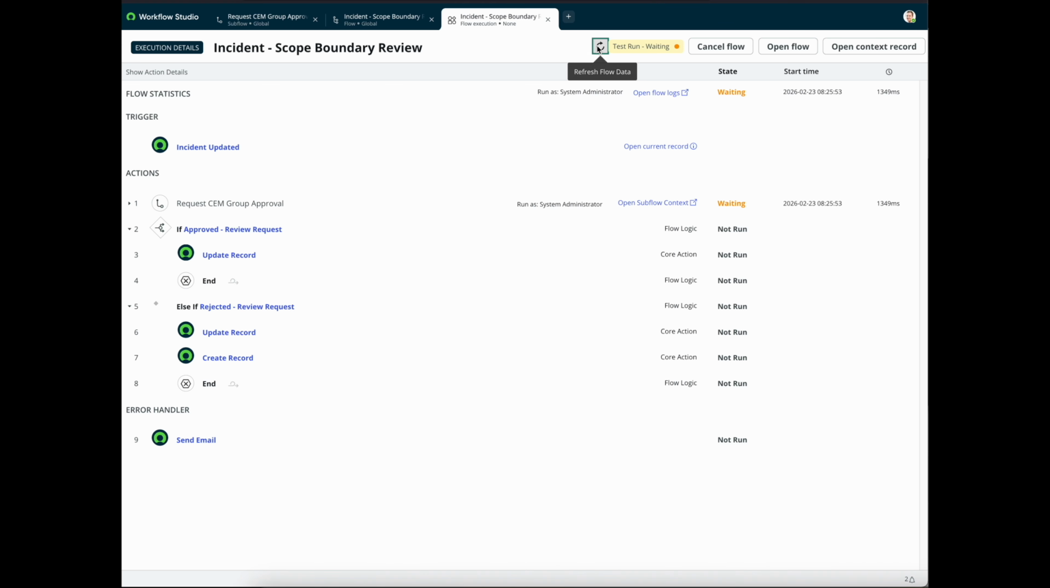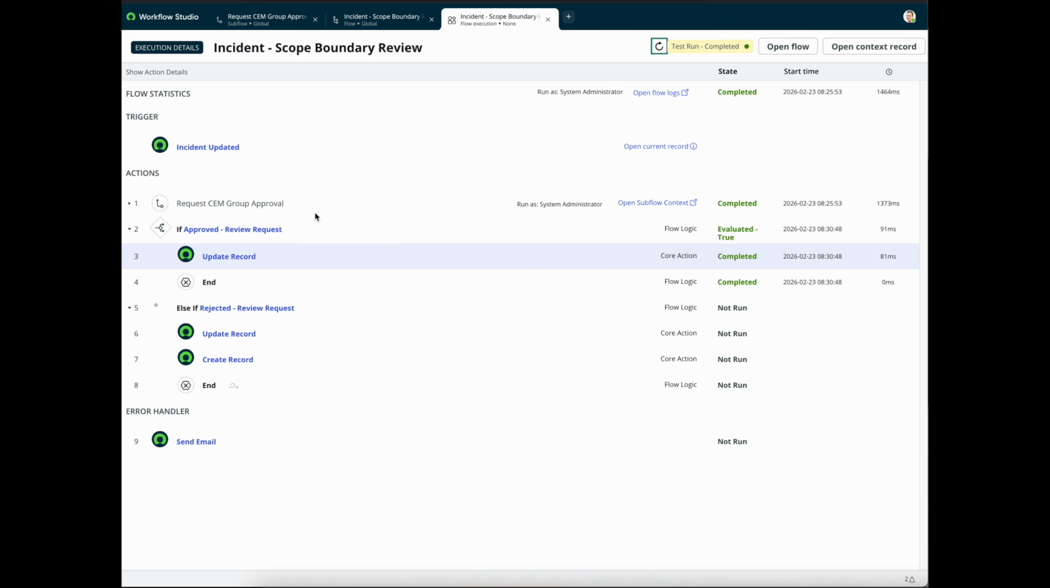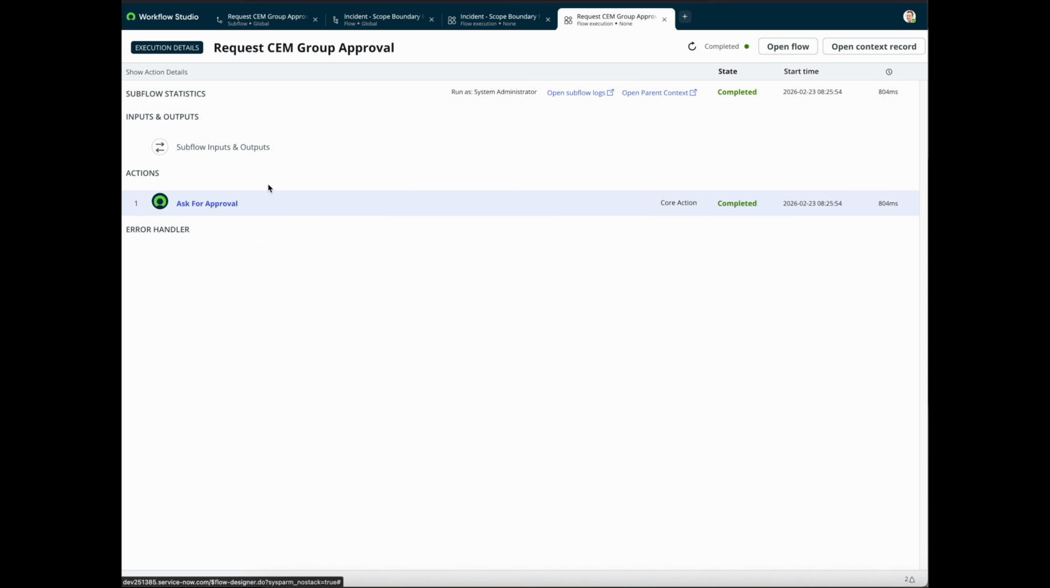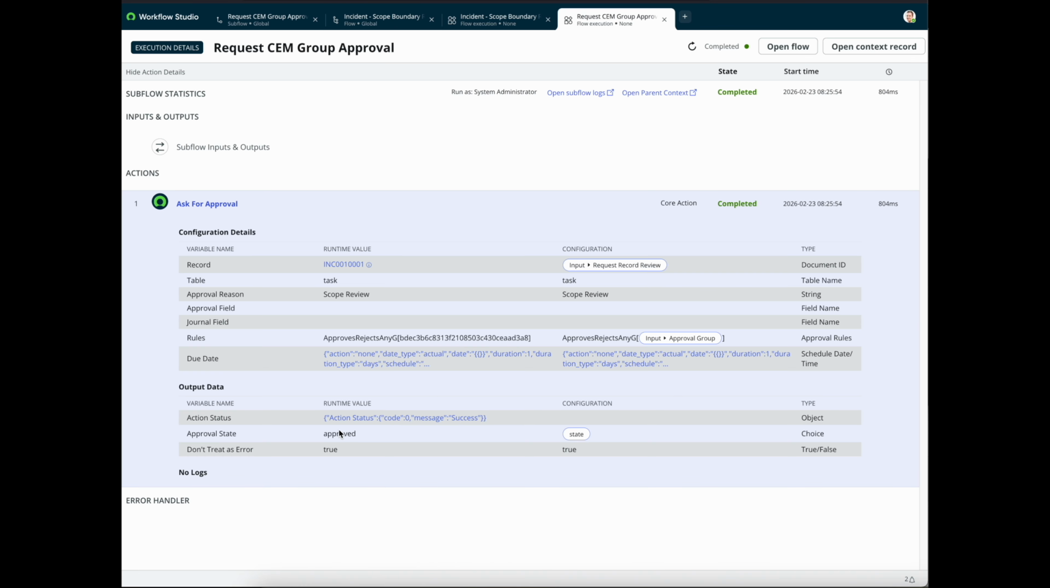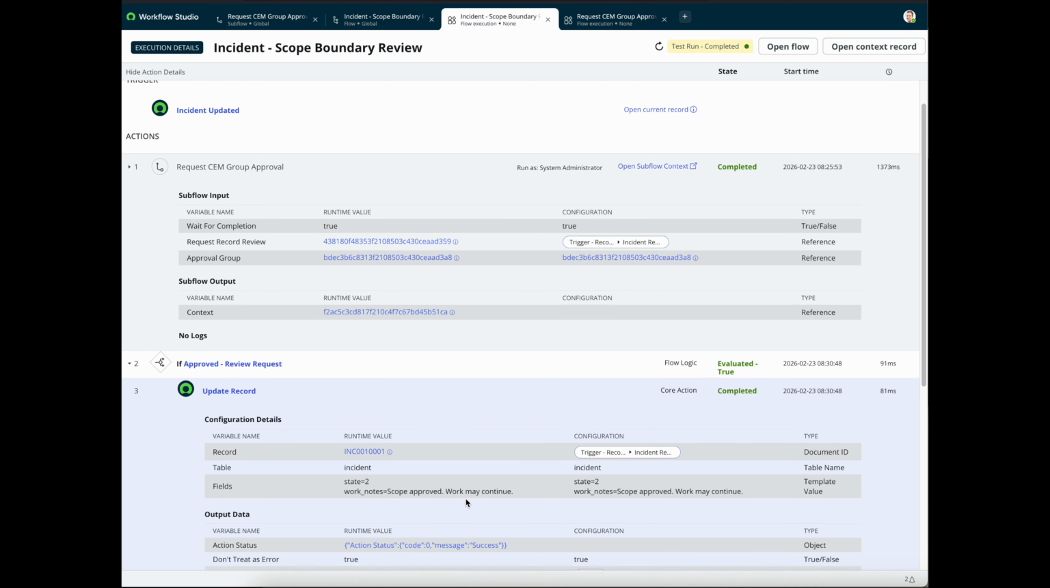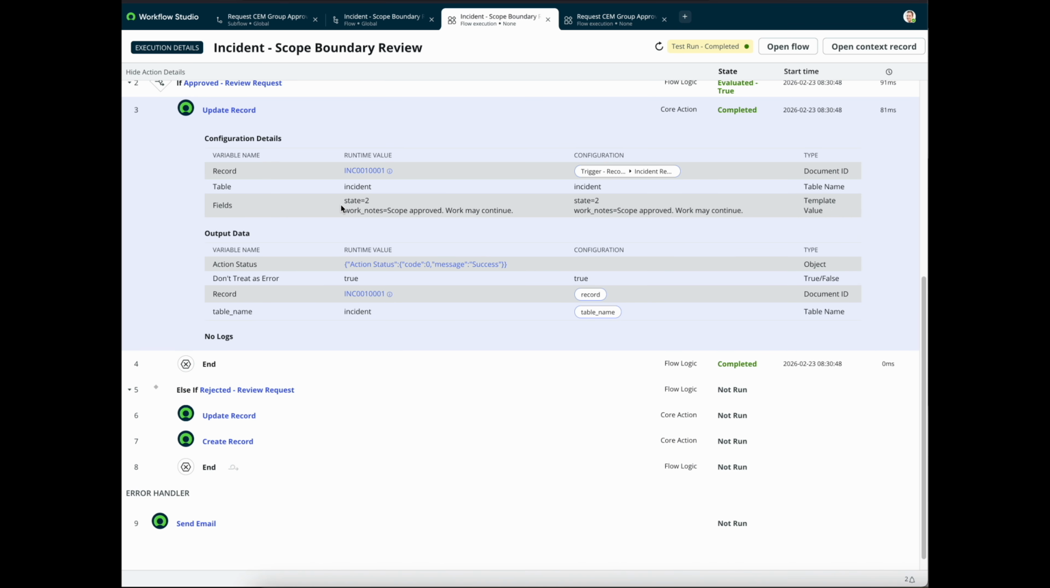Let's refresh the workflow. And you can see that the evaluation saw that the status was approved and it did the needful. If we go into it, you can see for the ask for approval, the status changed to approved. And when we come back here, we can see for the update record, it was completed. And once we expand it, we see that the